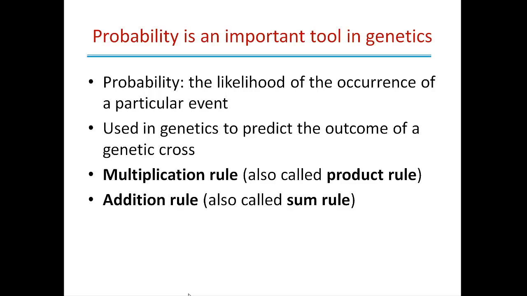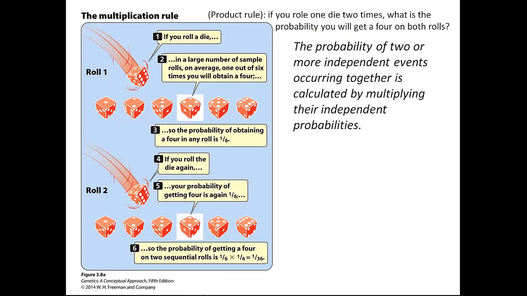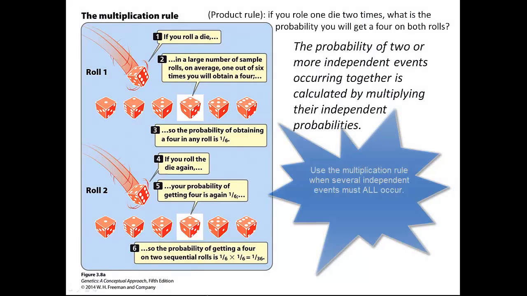So we're going to focus on two probability rules. First of all, the multiplication rule, also called the product rule. And second is the addition rule, also called the sum rule. Let's start with the multiplication rule. This rule states that the probability of two or more independent events occurring together is simply calculated by multiplying their